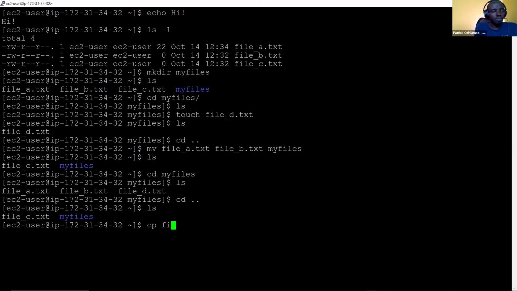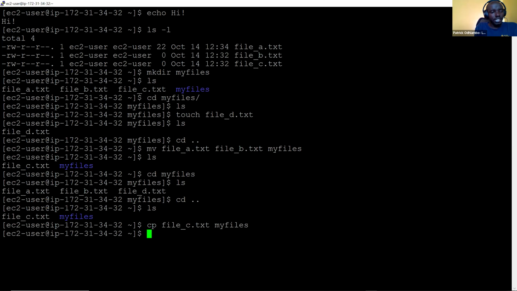Let me show you what I was saying, cp f tab. It has just picked that because that is the only file that starts with the letter F. So cp f tab, there you go. And then I want it to go to my files.